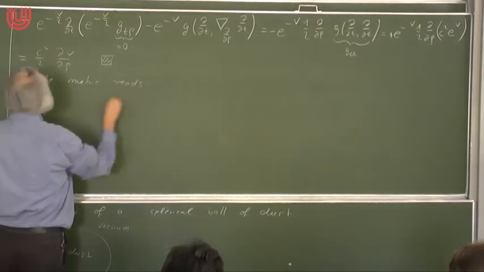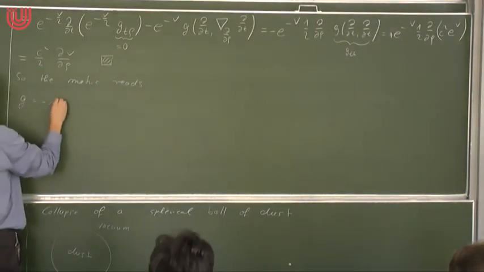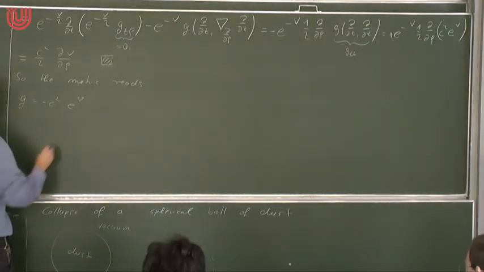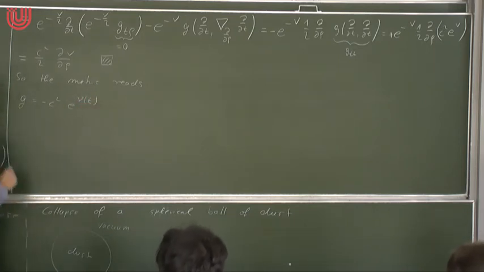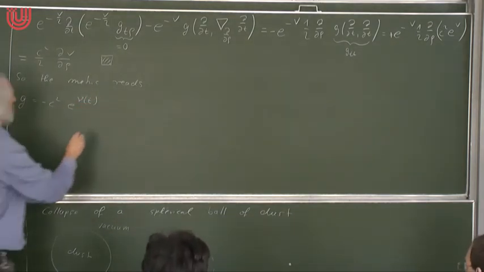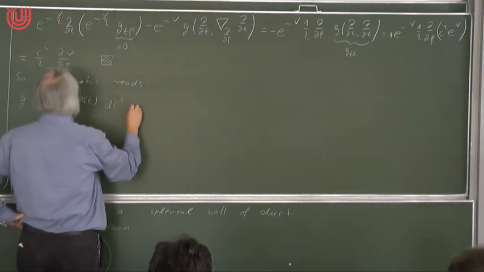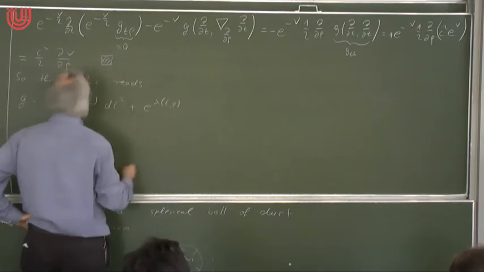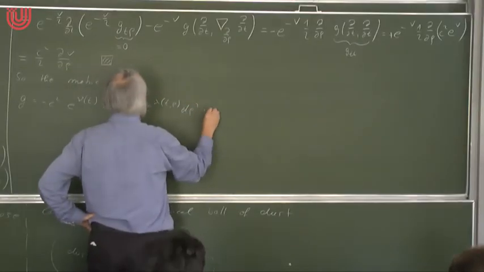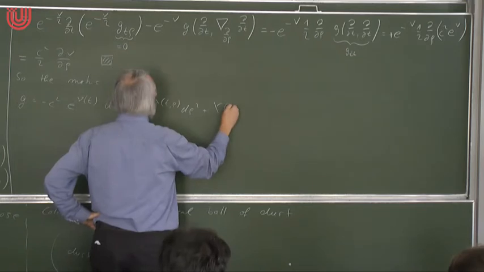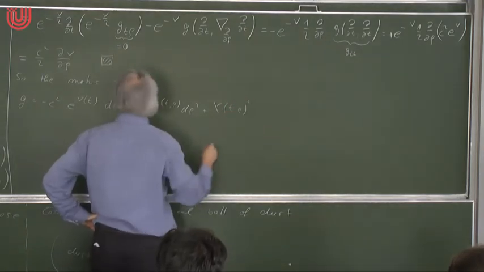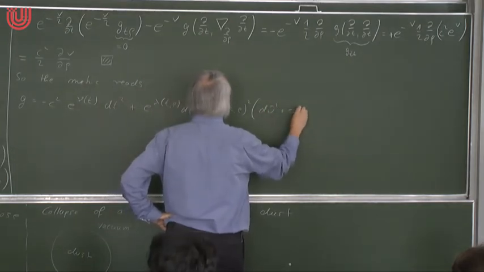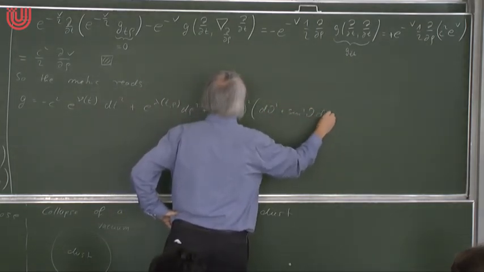it's simplified now. So in the beginning, we had here a factor e to the nu which depended on t and on rho, but actually now it depends only on t. And then we have dt squared plus e to the lambda. This is still dependent on both things. d rho squared plus y of t and rho squared d theta squared plus sine squared theta d phi squared.